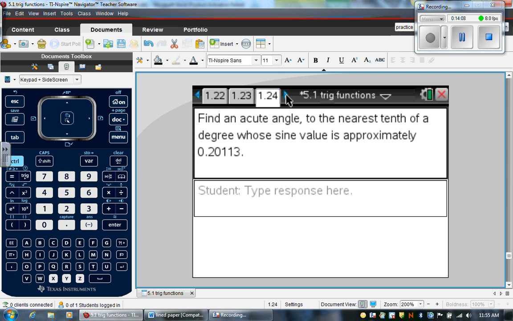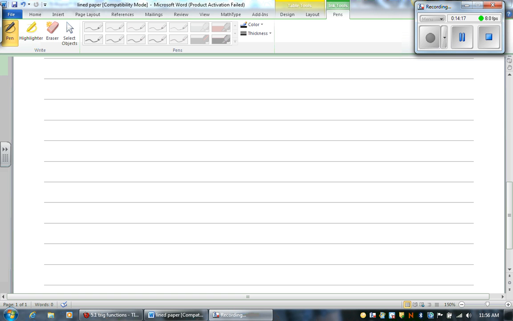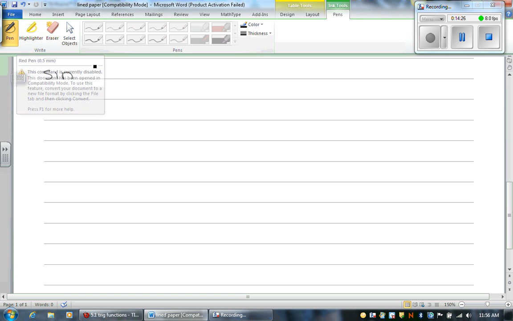Okay. Find an acute angle to the nearest tenth of a degree whose sine value is approximately 0.20113. Okay, so we know that sine of an acute angle, we'll call that angle x, is equal to 0.20113. Okay, so what we're going to do is learn how to use sine